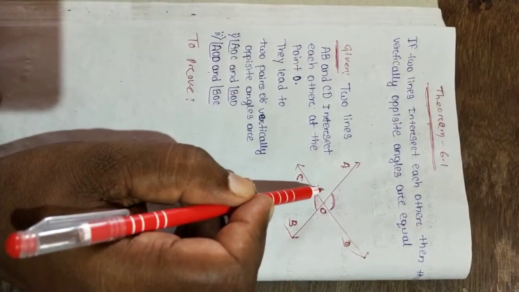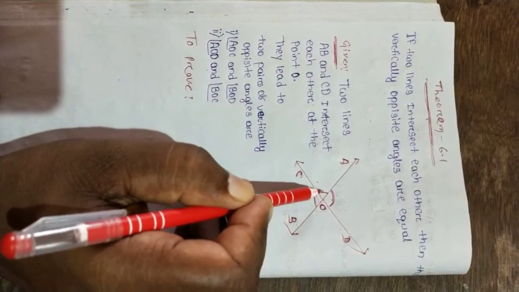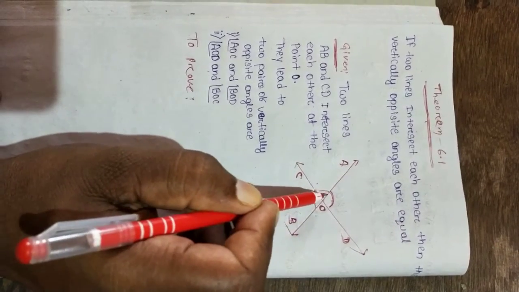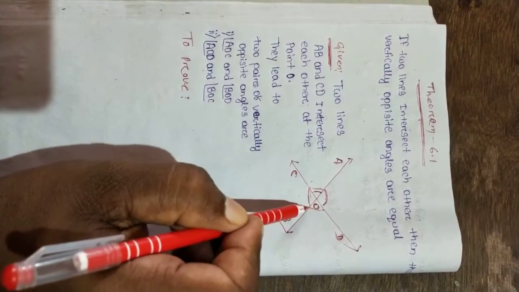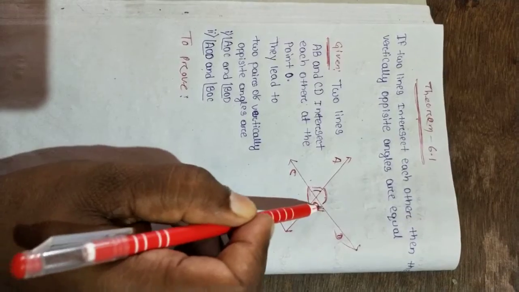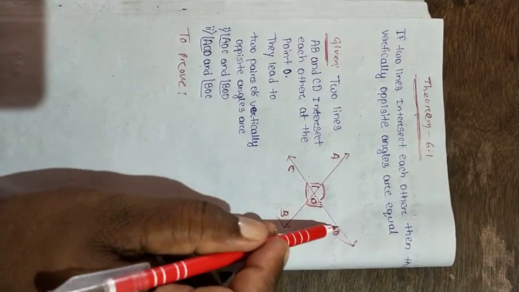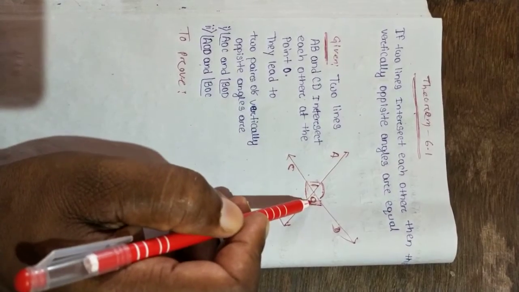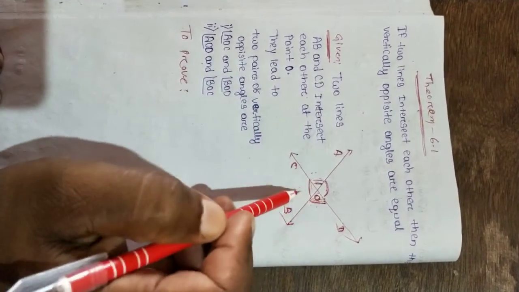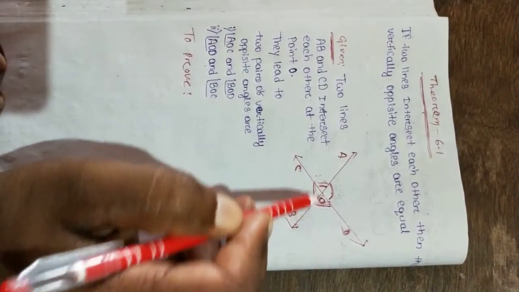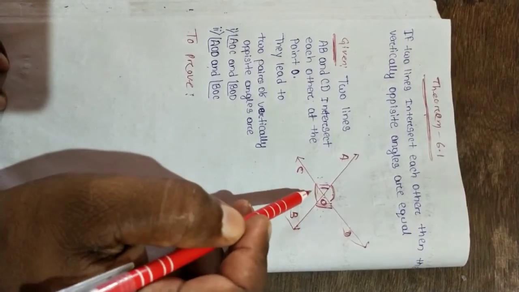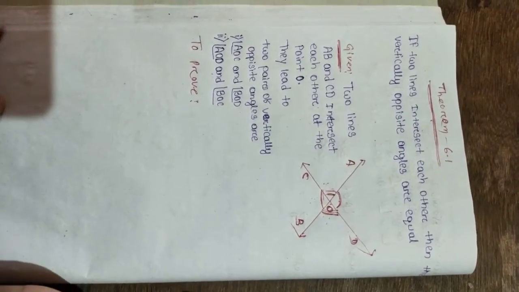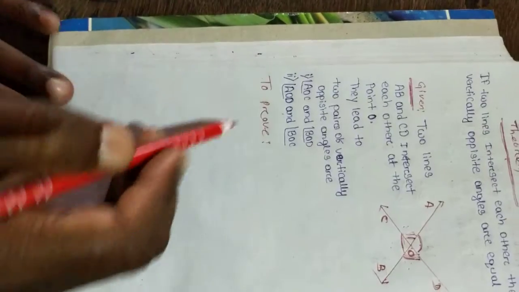Another two are AOC and BOD. This is the angle BOD and the angle AOC. These two angles are one pair, and this is another pair. This pair is vertically opposite angles, and this pair is vertically opposite angles. So to prove: